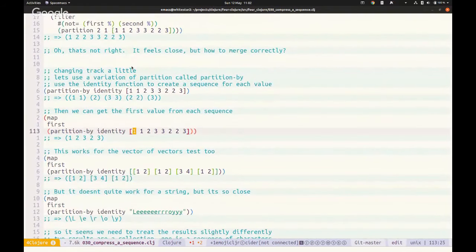So partitioning by identity will just pick out. It'll group 1 and 1 together, like we've done here. It'll group 2 by itself. It'll group 3 and 3 because they've got the same identity. And identity just means that if we do